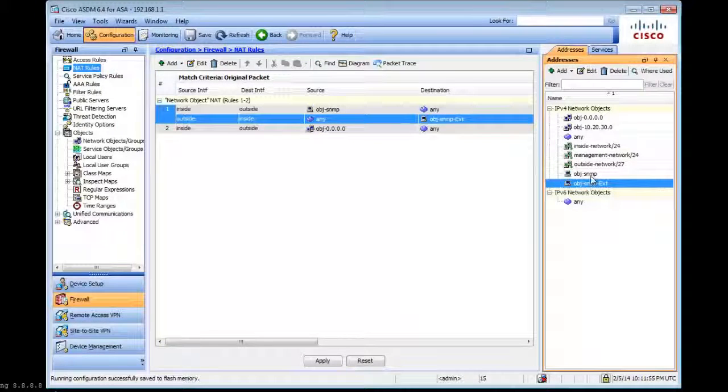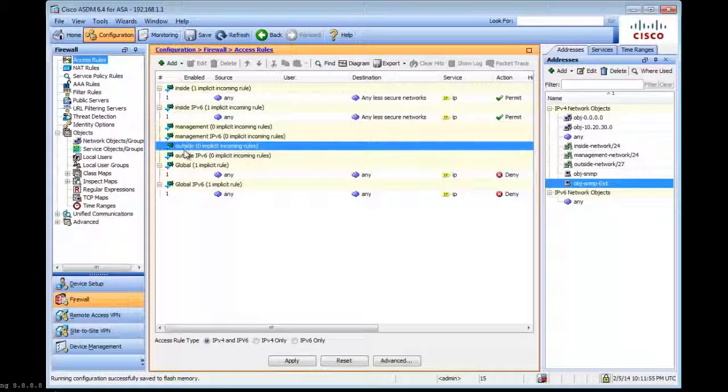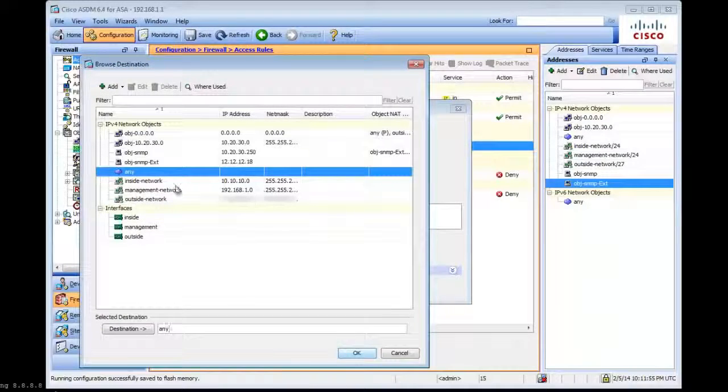So now we have given this server a public IP address. Well, the next thing we want to do is create an access rule that specifies what type of traffic can hit this external IP. For that, we can click on access rule up here, and we're going to highlight outside, click on add access rule, and we're going to say source anything going to, and that is your inside